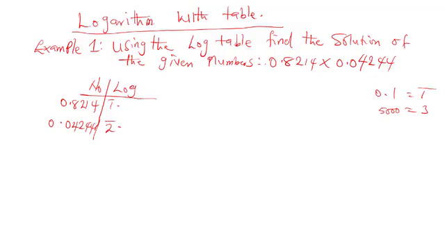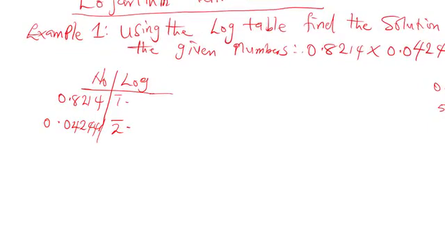If you get your logarithm table, go to 82 under 1 difference 4, you'll be having 9145. And here if you go to 42 under 4 difference 4, you'll be having